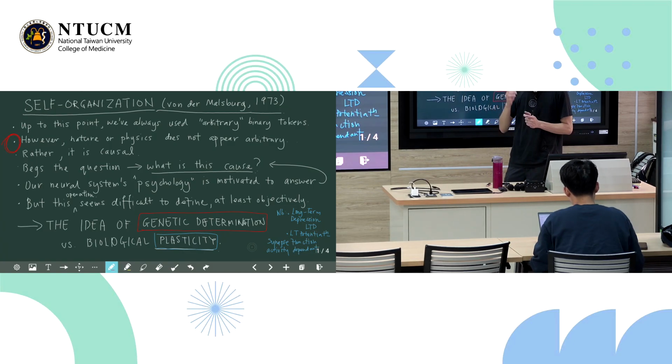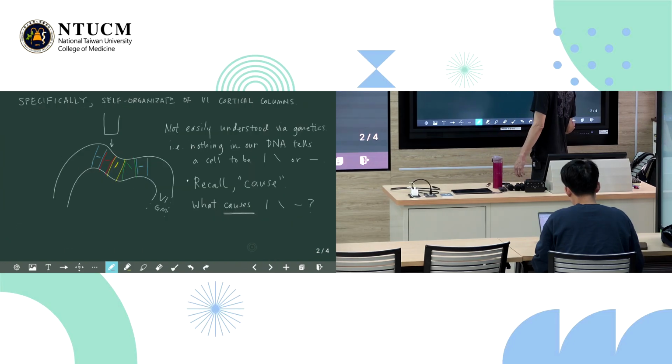Things in the physical world are not arbitrary. Our system, we feel like we are always trying to find an explanation for what's causing our experiences. And so, we assume that our experiences are not arbitrary, and that begs the question of what's causing